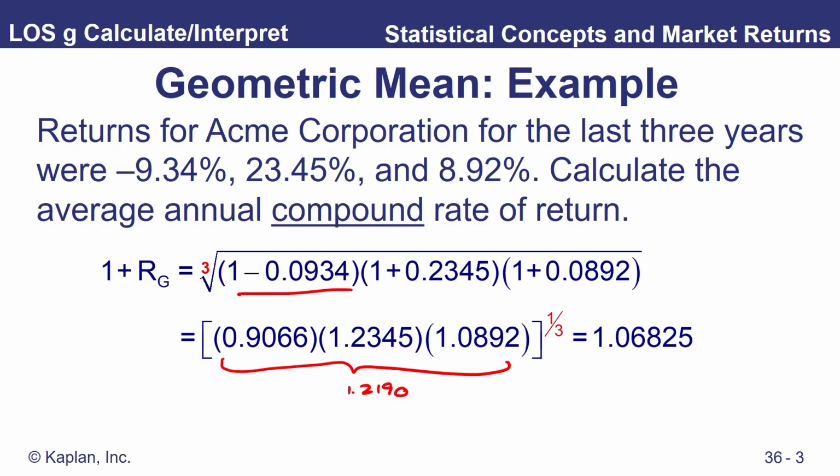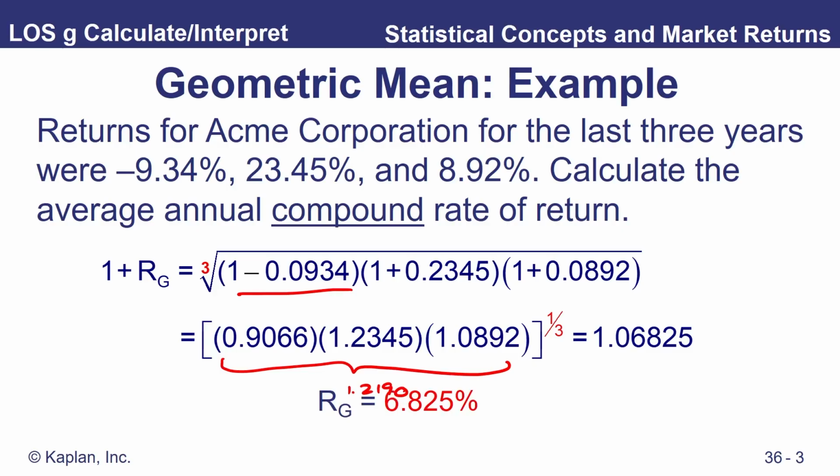0.333333, which of course is 1/3. Then press equals, and I'm now looking at 1.0682465. So we've rounded that to 1.06825. Now that, of course, is 1 plus the average compound rate of return, the average growth rate, if you like, over that period. Subtract the 1, and we've got an annual compound growth rate of